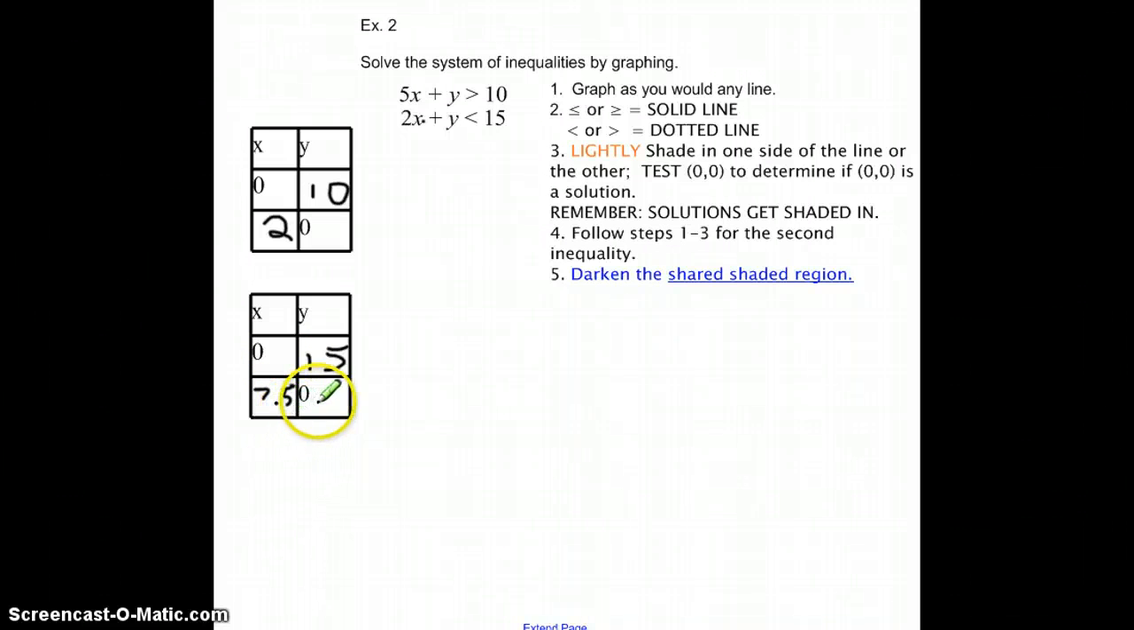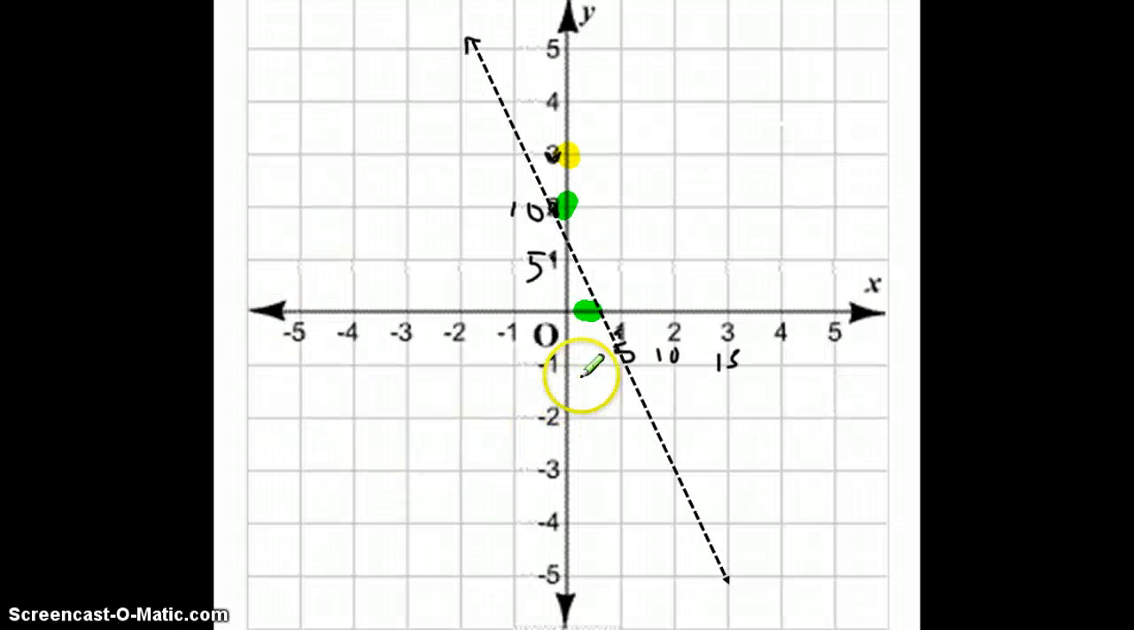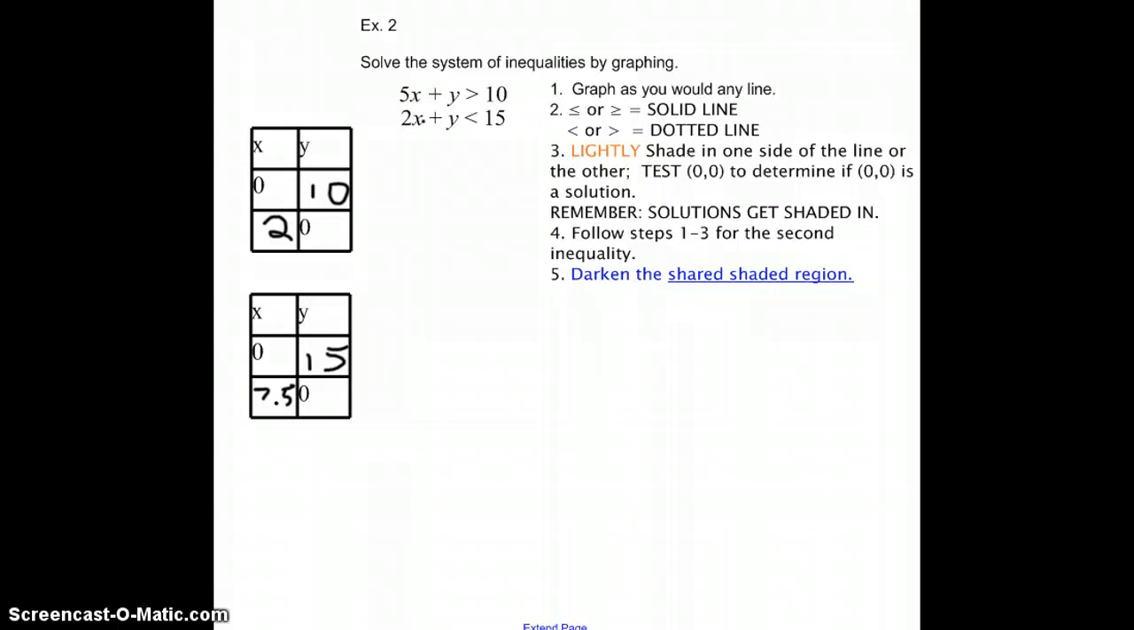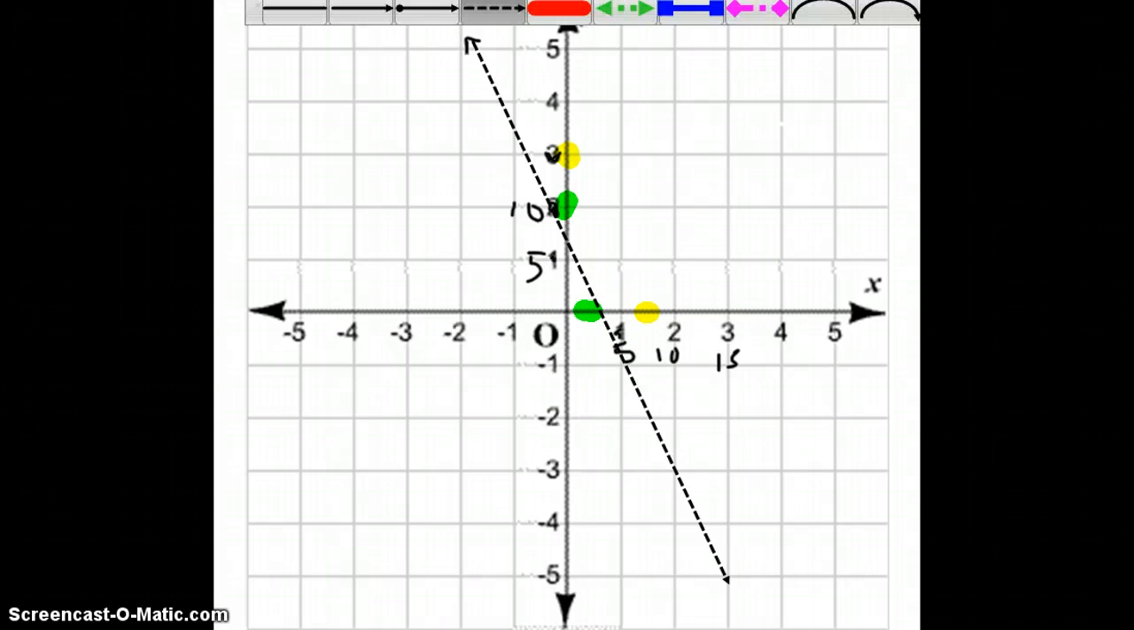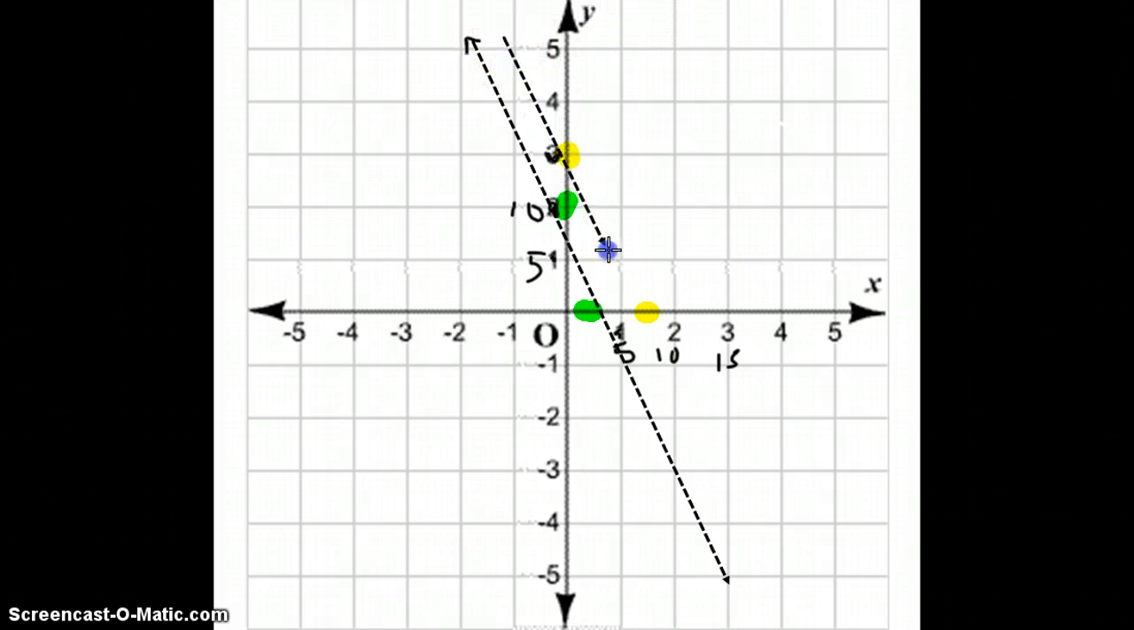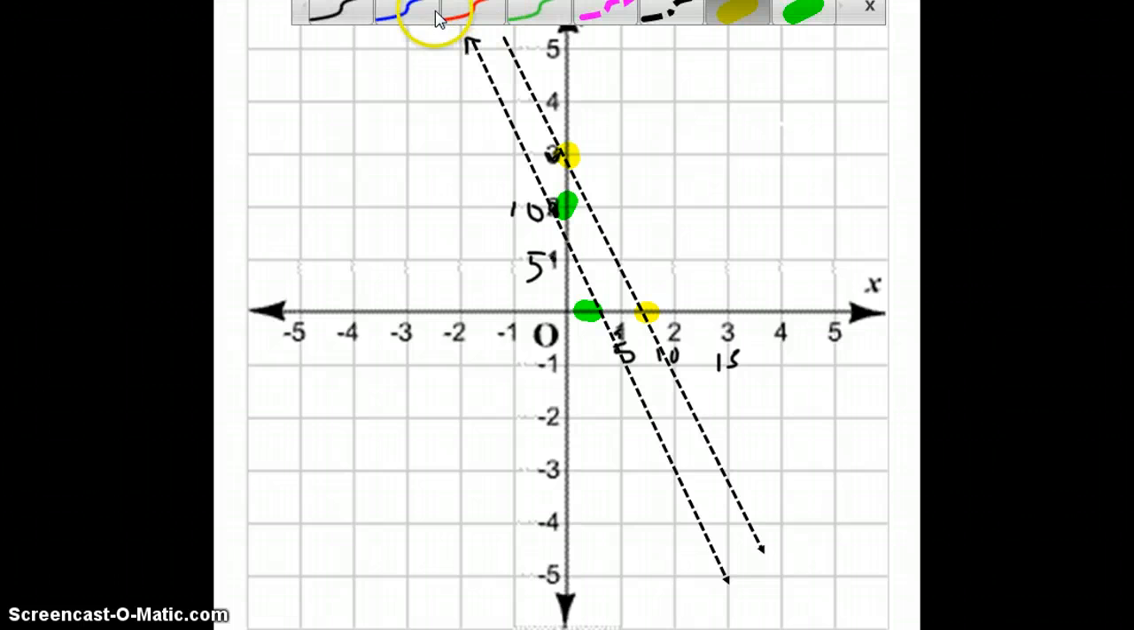Okay? And then we've got x is 7.5, y is 0. So 7.5 would be right about in here. Right? Alright, let's get our line here. It almost looks like a parallel here. I think if we check the slopes, not exact, but